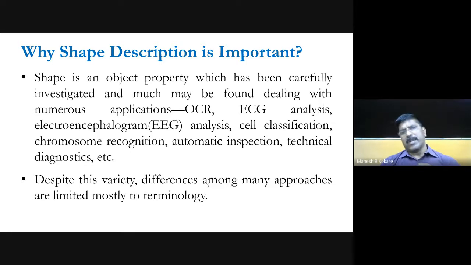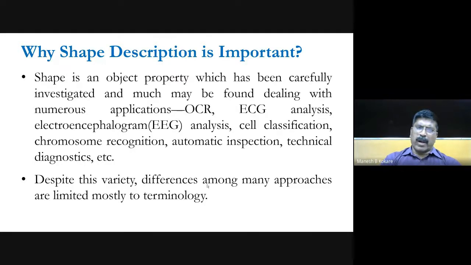You know that in content-based image retrieval there are features like textural features, color features, and shape features. Several researchers have proposed retrieval systems based on color and on texture, and they are successful in that. But when it comes to shape, it does not give an acceptable level of results or accuracy. So a lot of research remains to be done in this area, so that we get an accurate model for describing shape.